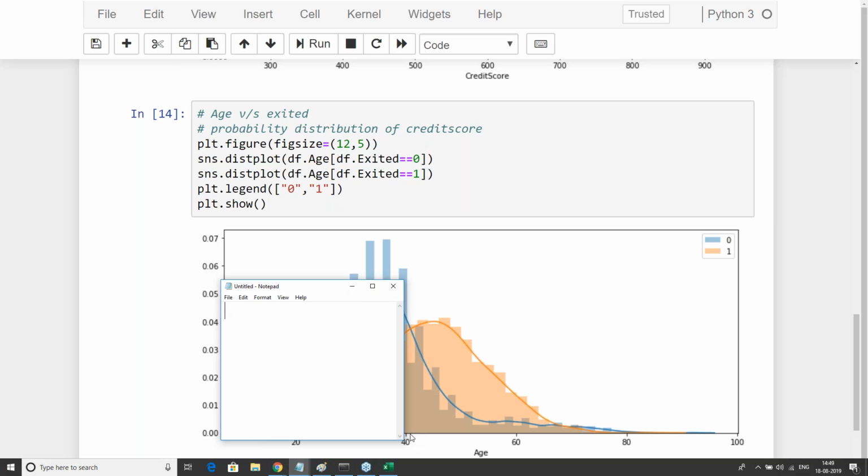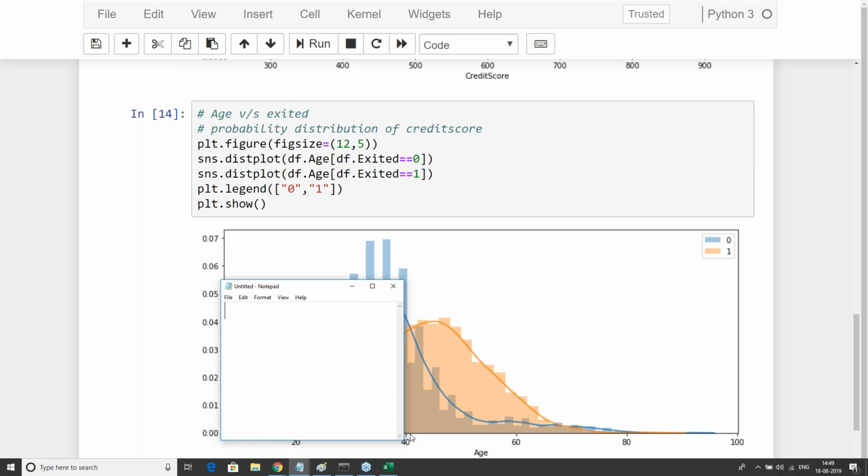So blue is decreasing and red is higher, the density of customers in the red graph, right? The red graph has higher density compared to the blue graph. That means customers who are leaving have a higher density value for people having age more than 40 compared to those not leaving. So can we say that the majority of customers who are more than 40 are more likely to leave